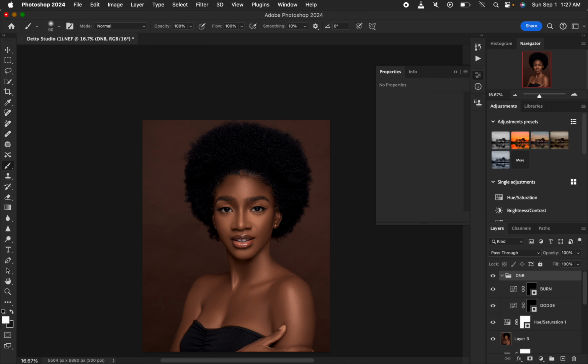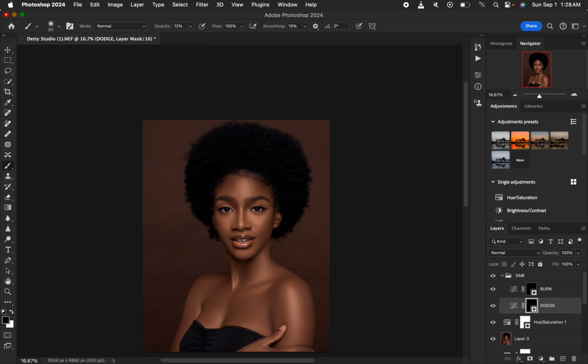Then open this up and get the brush tool. Mode normal and soft round brush is selected. This time around we are going to be using an opacity of around 10% or 12%. So we just want to enhance the shadows and the highlights of the image. So for the dodging, we just want to use the brush. So make sure you have black and white on these brushes. Press D if you have any other random colors. So with white as the foreground color, we just want to reveal the brightening effect on